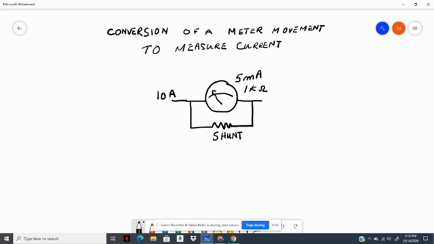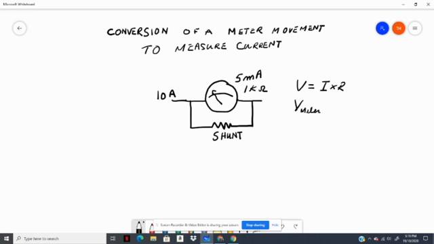So we want to find the current. In order to find the value of this resistor, we need to find the current flowing through it. We also need to find the voltage across it. Now, the voltage across the meter, which would be the same as the voltage across the shunt, can be calculated by using the 5 milliamps full scale deflection and the 1 kilo ohm resistance of the meter. So using V equals I times R,